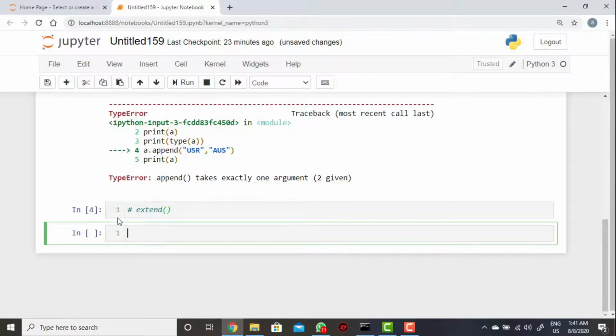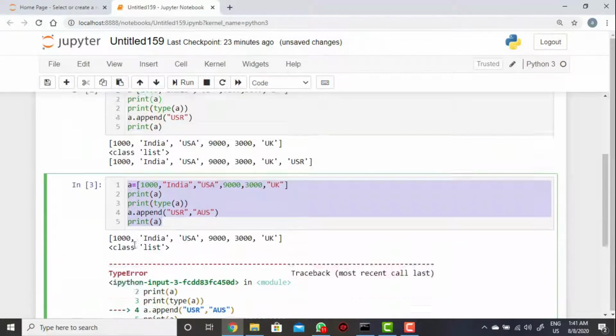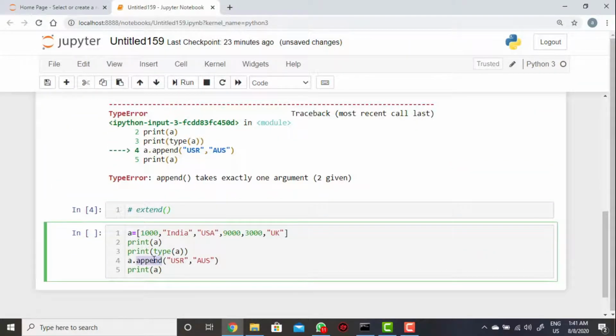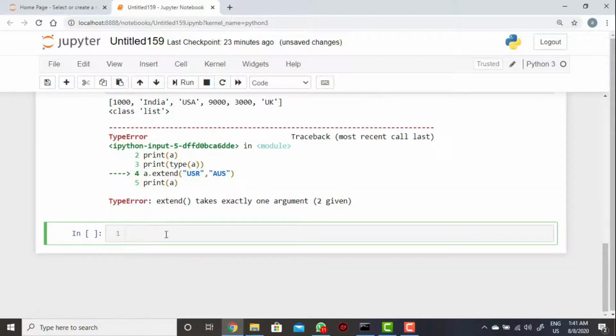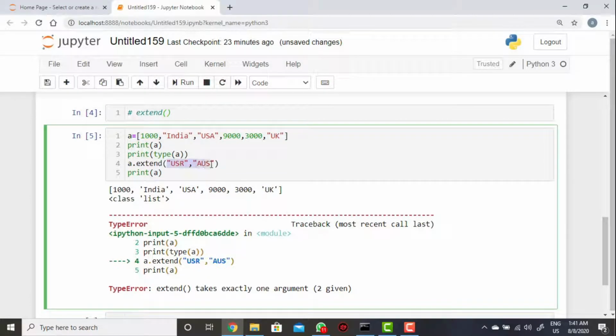Now let's see how we can use it. I'm just taking the same example here. This is the append method. You can take the extend method here and try to run. Then: extend takes exactly one argument. Even though it is two values, it is not accepting.